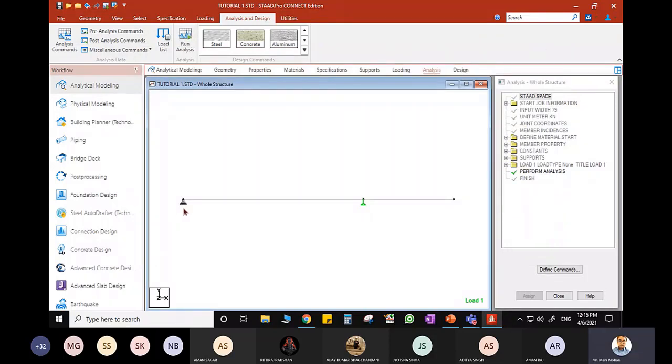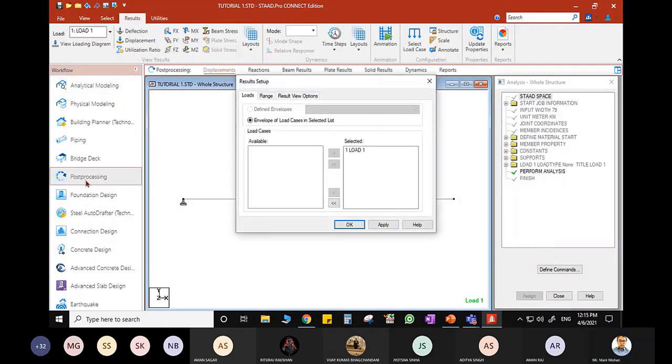What I want to see is the reaction. Now to see the reaction, you see this option on the left hand side under workflow, post processing. Click post processing. I need the output result for load 1. Suppose if you had different loads, you could have selected a specified load to compute the analysis result. Since I defined only one load, this is the load which is being selected.